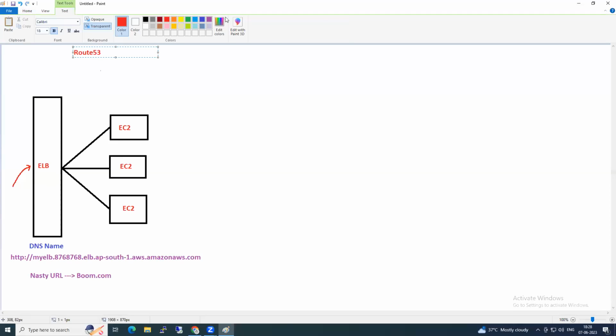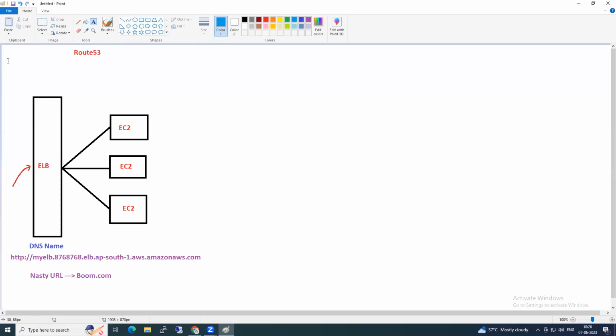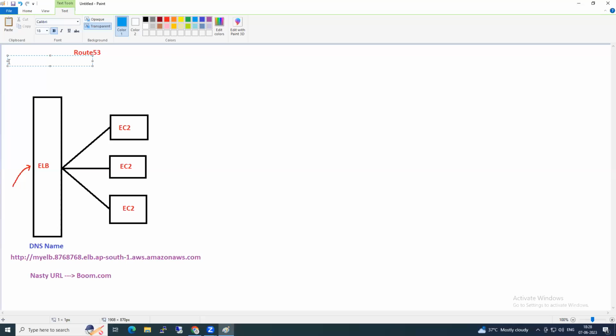Route53 is a DNS service from AWS. If someone asks what is Route53, you should say Route53 is a DNS service from AWS. Guys, please concentrate.